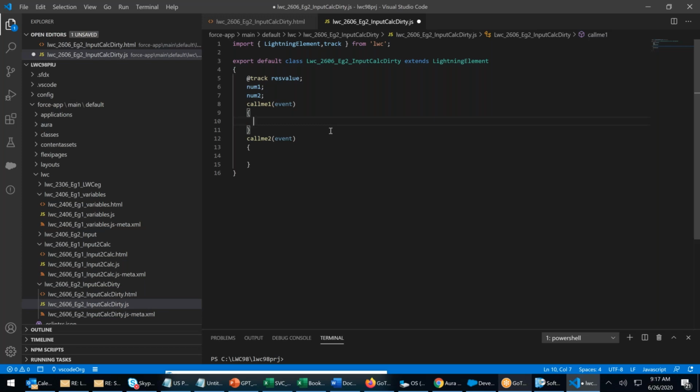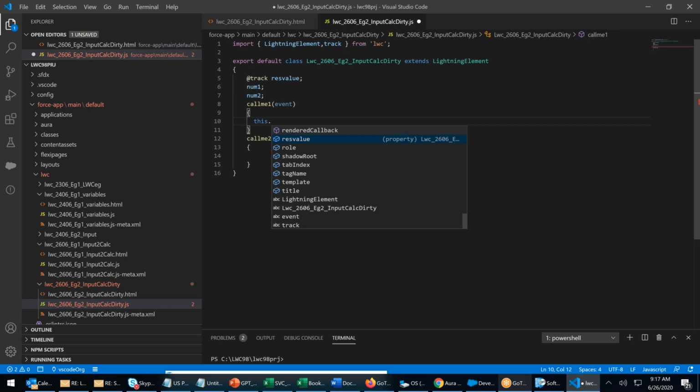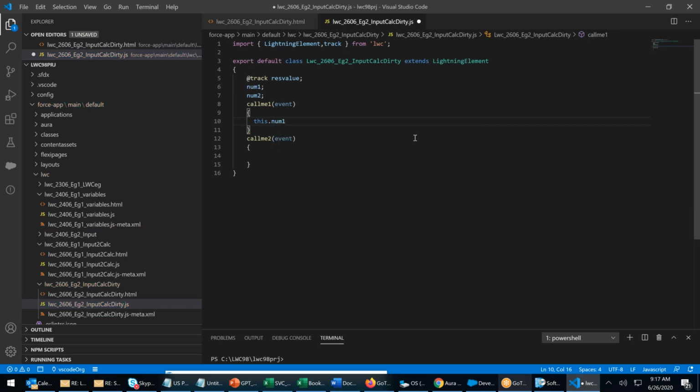Directly say this dot num1 is equal to event dot target dot value. Over. This one, num2. There is no need of writing an if statement. Num1, num2. Over. Now remaining program as it is.